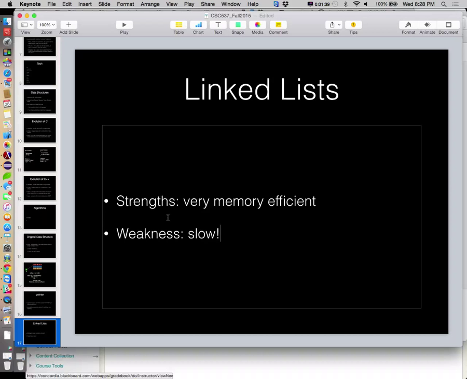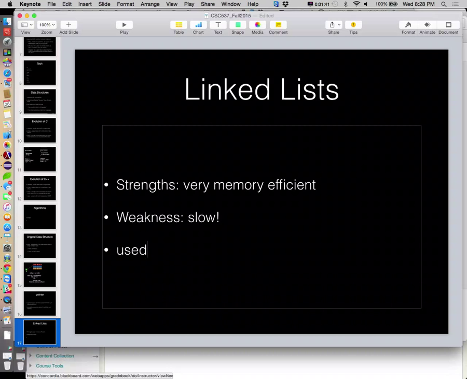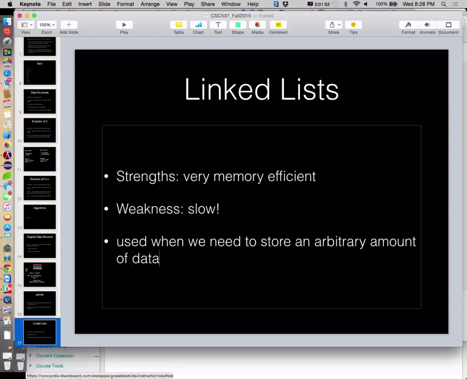So when would we use linked lists? They are used when we need to store an arbitrary amount of data. When we don't know how many things we're going to need to store, maybe it starts off as 5, then goes to 6, then 12, then 13, whatever.